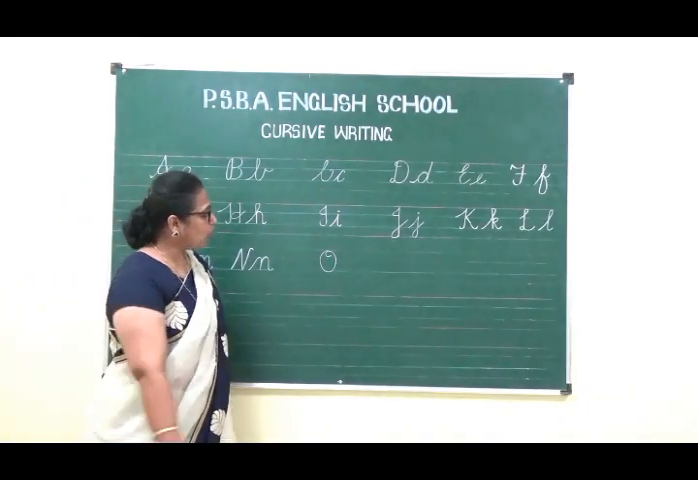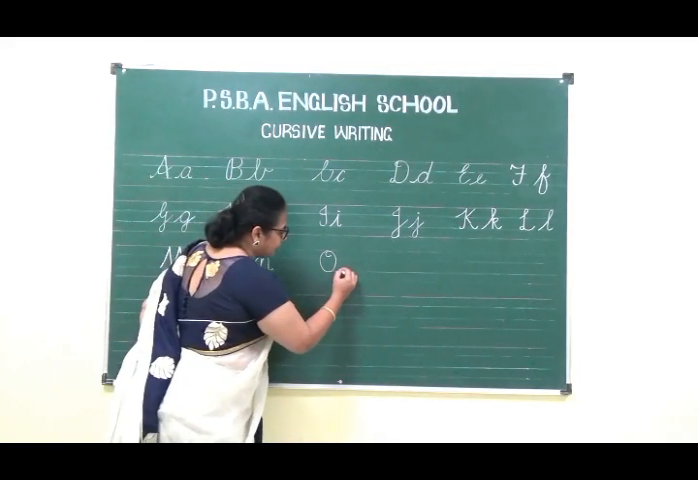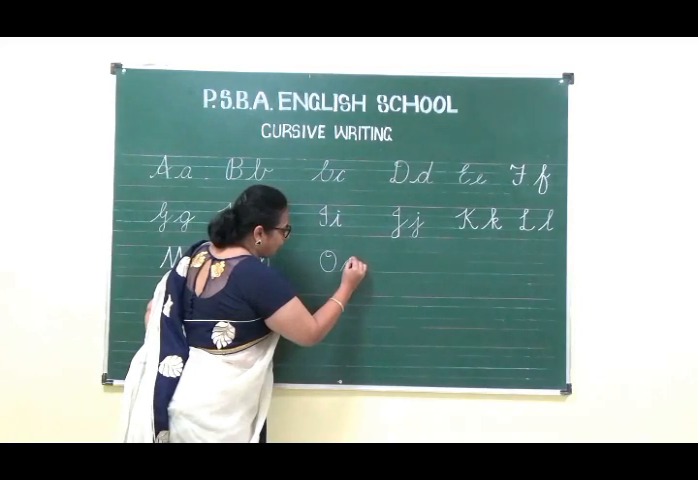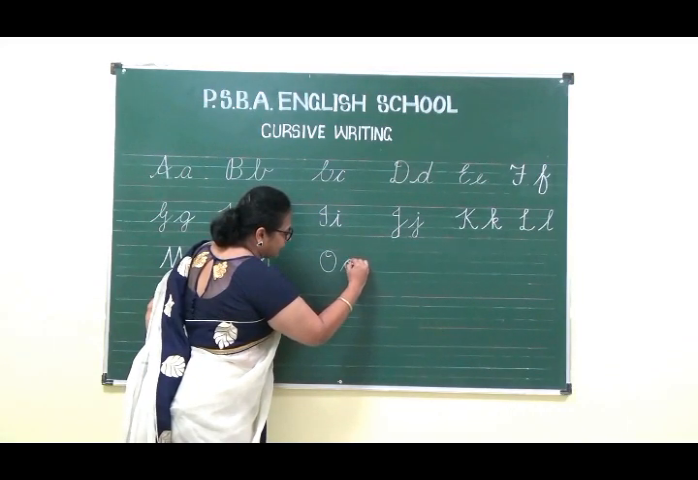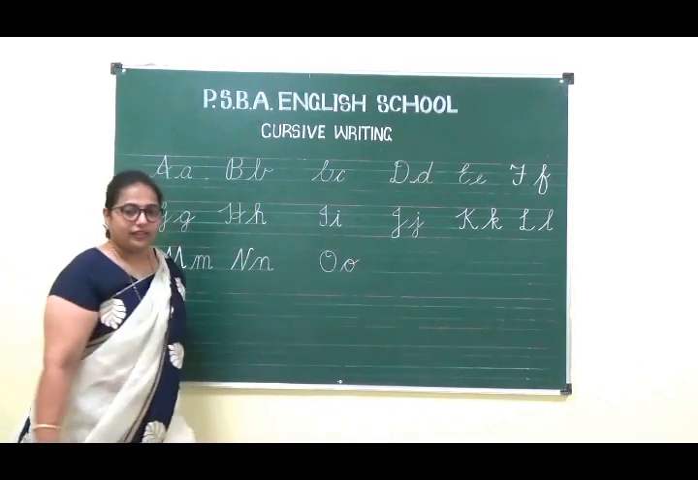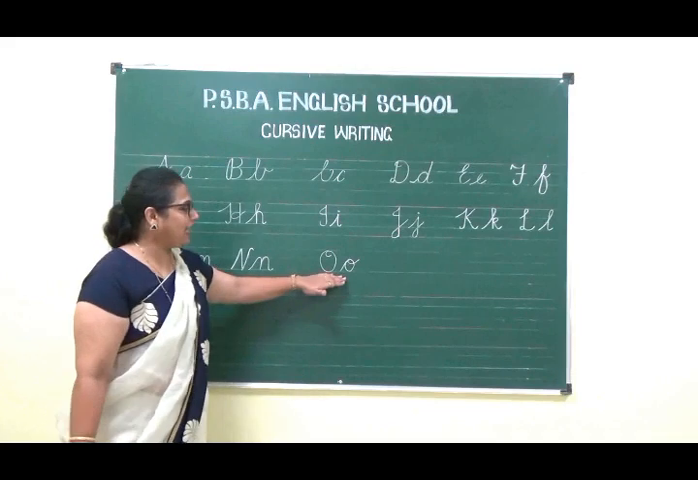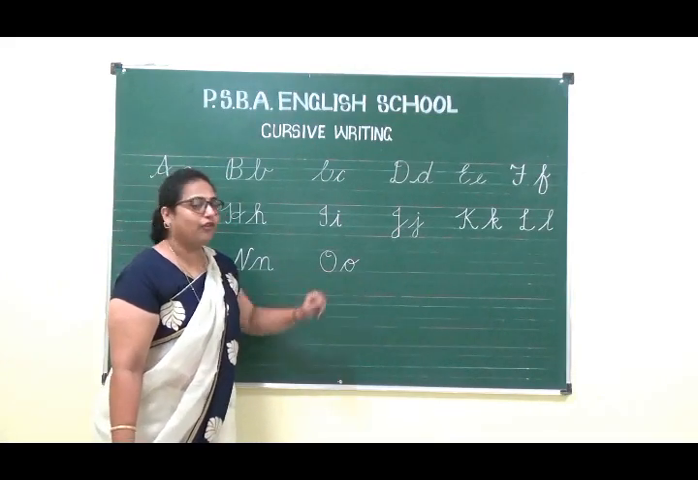And small O goes like this. Slanting line, a half circle, come down, make a full circle, and an inside curve. This is small cursive O. So we have learned capital cursive O and small cursive O, and O says